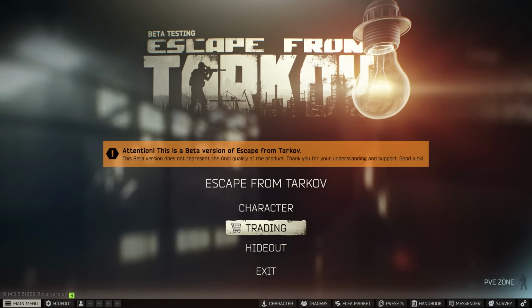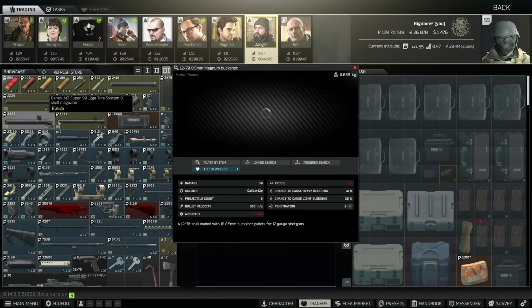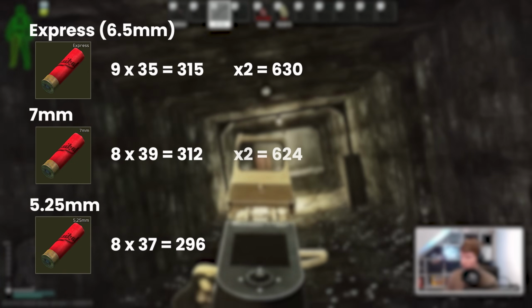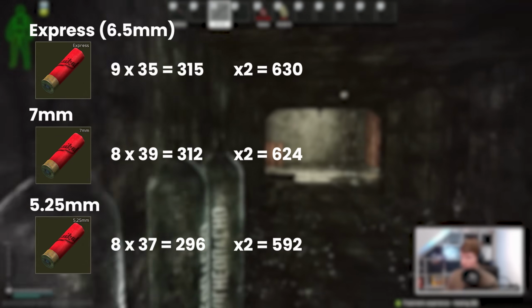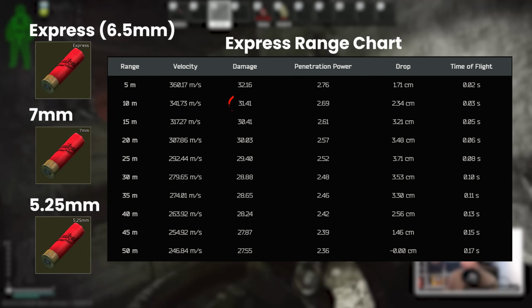So outside of having to be quite close to your target, the other major downside to Magnum Buckshot is that it's only available on Jaeger 3. If you don't have it, Express, 7mm and 5.25mm are all one step lower, but very similar to each other. In theory, these can deal a 2-shot kill with a total damage of 630 for Express, 624 for 7mm and 592 for 5.25, but practically with damage drop-off, and the drop-off is brutal for 12-gauge pellets, it's much more likely